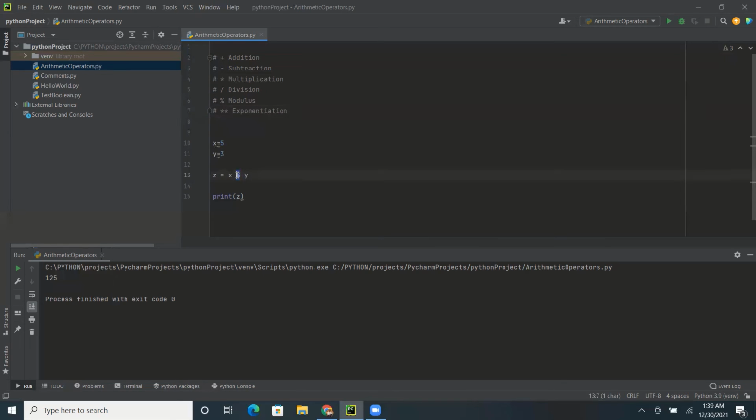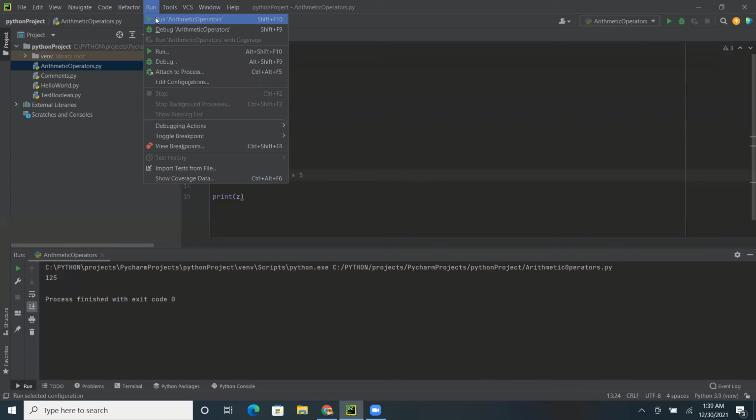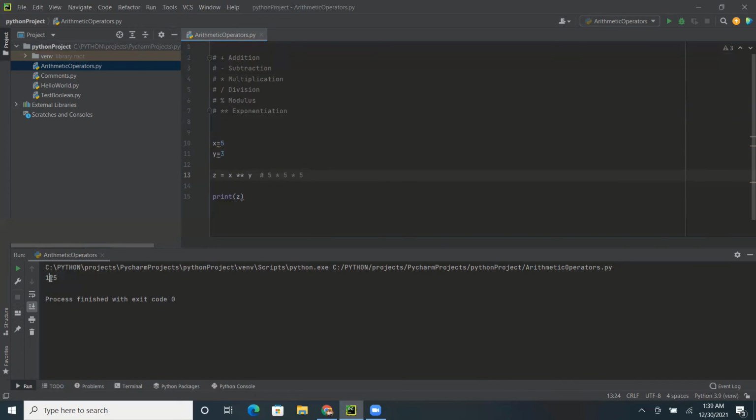So let's use it here, and this is basically nothing but 5 into 5 into 5. Because we are saying x exponentiation y, which is 5 exponentiation 3, that is 5 multiplied 3 times, and let's see the result here. When we multiply 5 3 times, it will become 125.